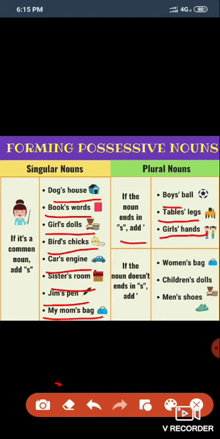But the second rule regarding the plural noun: if the noun doesn't end in s, then we add apostrophe s, like woman's bag, children's doll, man's shoes.